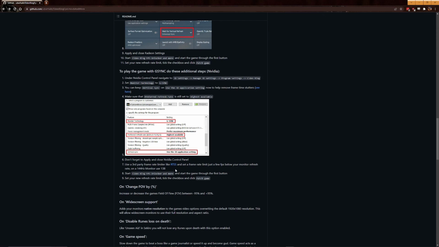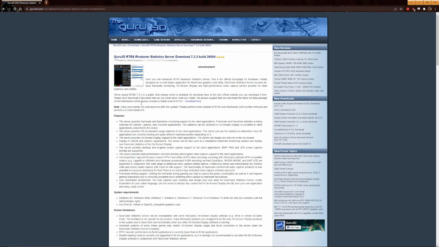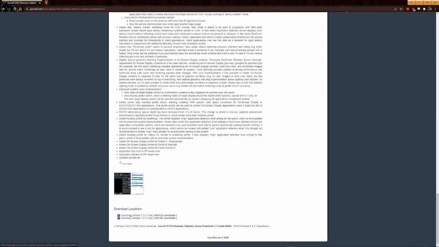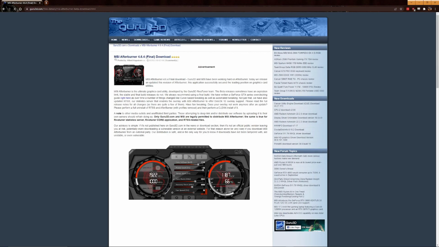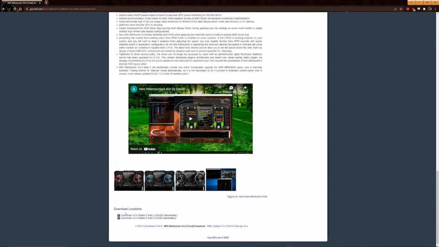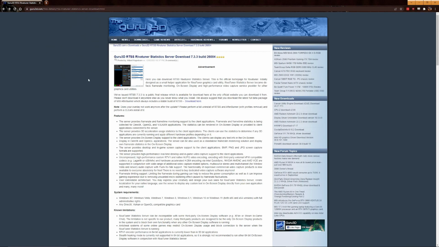So this is if you have G-Sync. You'll need to go down here to step 7 of the steps to play a game with G-Sync. Do these additional steps. Step 7. Click this link that takes you to the RTSS, which is the Rivatuner Statistics Server download. You can scroll all the way down to the bottom if you wish and grab the download there. Or if you wish to also have MSI Afterburner, you can click the download up here near the top, and it'll take you to MSI Afterburner. Scroll down to the bottom and you can download that there. I went with the MSI Afterburner download personally,